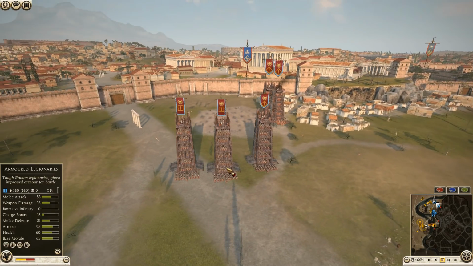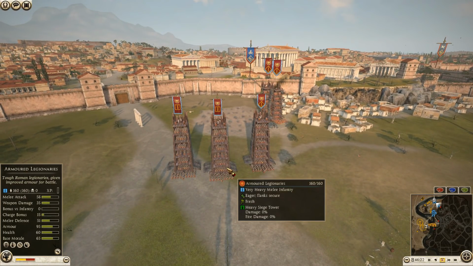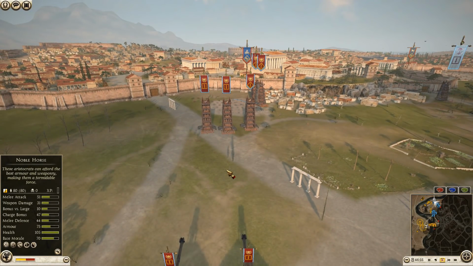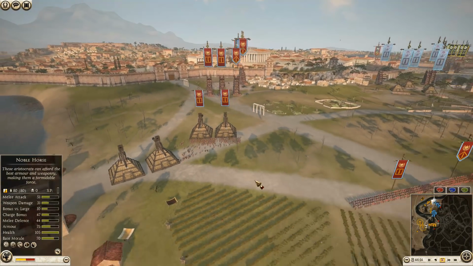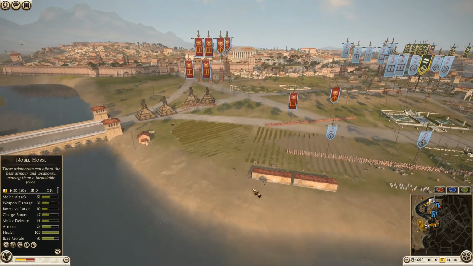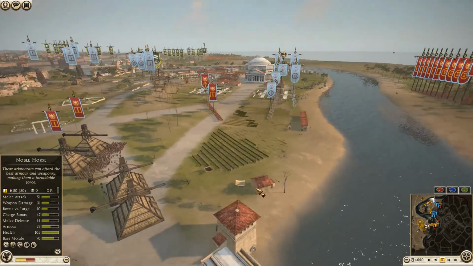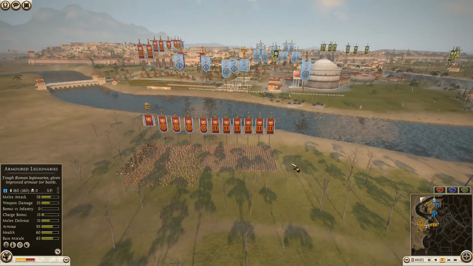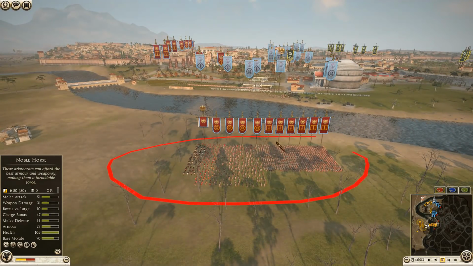Rome here is being commanded by Timac 1234. He is bringing 9 units of the armored legionnaires, 4 eagle cohort, 2 units of regular legionnaires. His general is a legatus, and he does have 3 units of the Syrian archers and 1 unit of the Balearic slingers. You can see he has the majority of his reinforcements back over here, which I don't know if